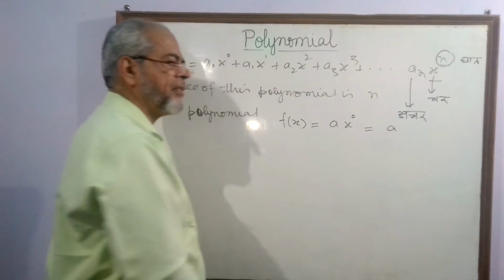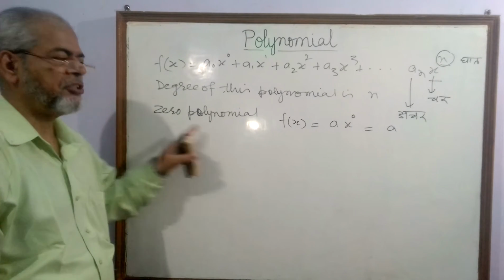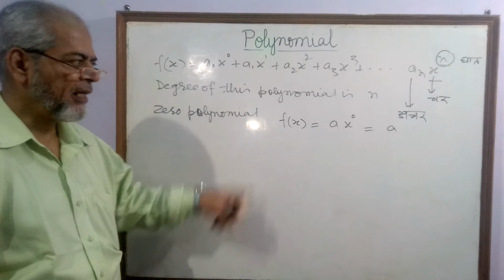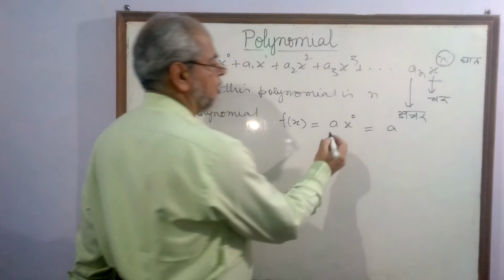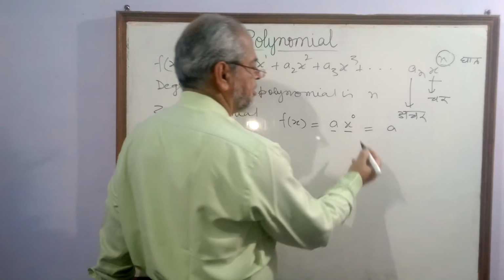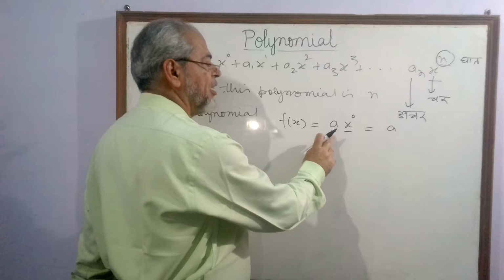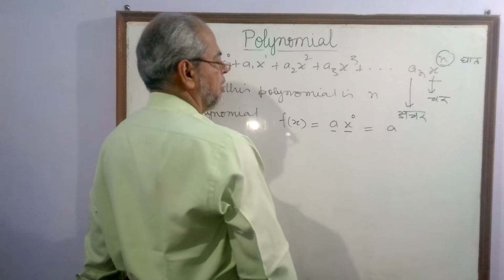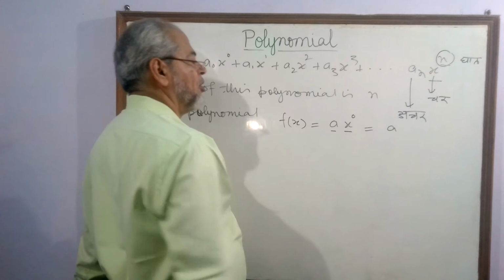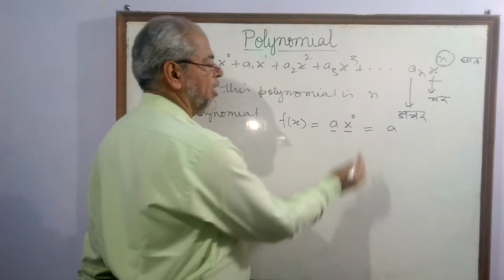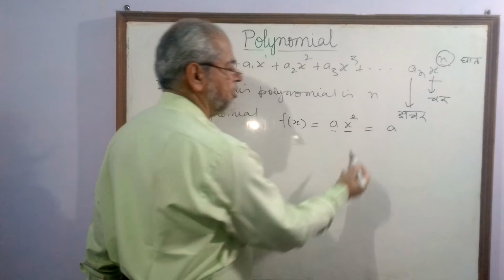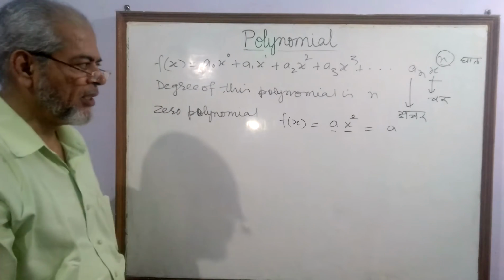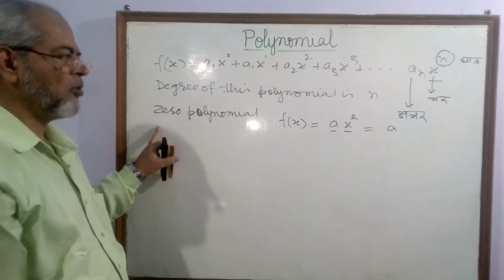So any constant term is a zero polynomial. यानी अगर अचर और चर इस तरह से हों कि कोई भी अचर संख्या है और जो चर है उसकी घात 0 है तो वो जीरो पॉलिनोमियल कहलाएगा।